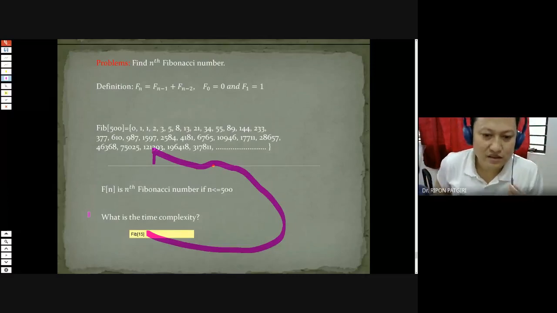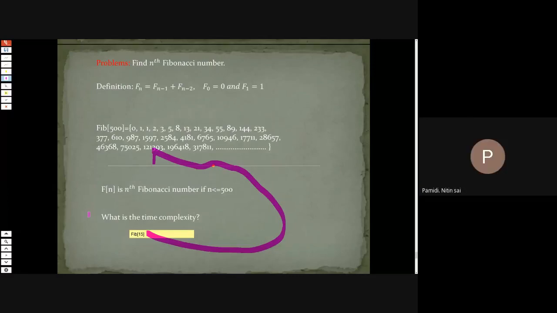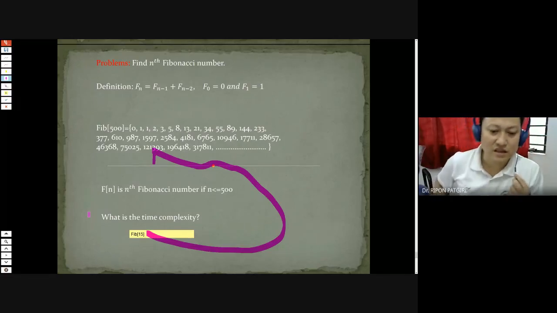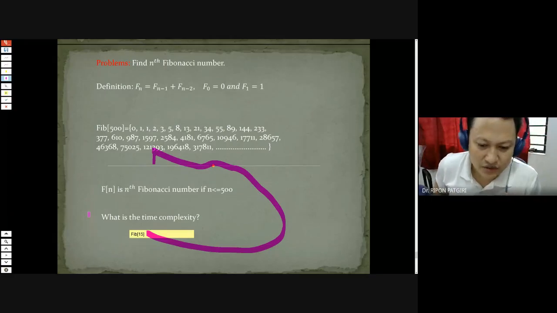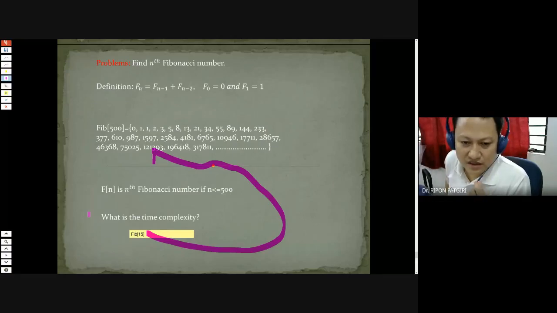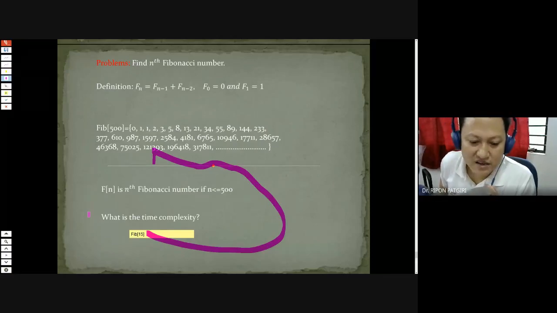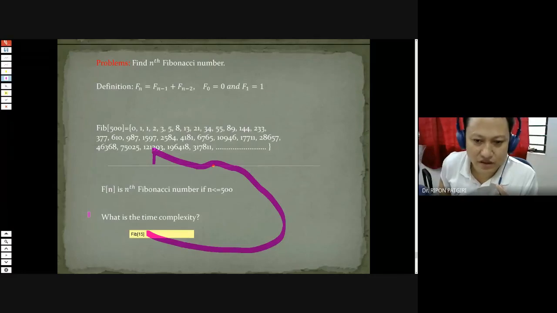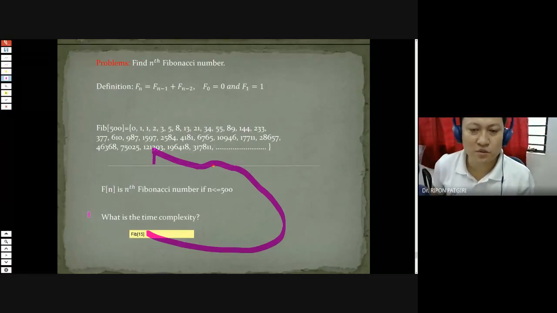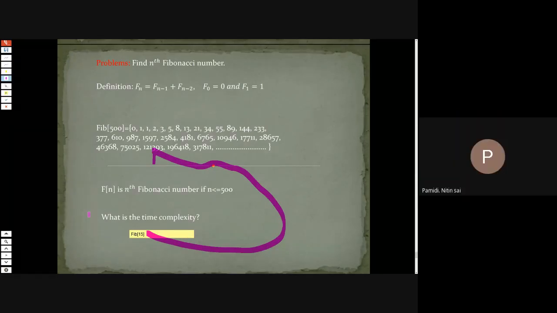What is fib of I? You don't know. I may be 100, I may be 250, I may be 300, I may be 400, I may be 2, I may be 0, I may be 10. Say for example, I is equal to 15, fib of 15. Fib of 15 you can directly access with big O of one time complexity. It is the fastest possible solution.